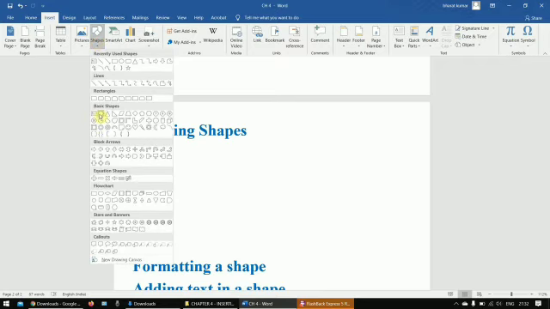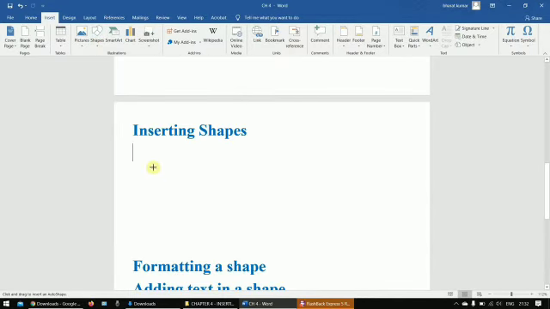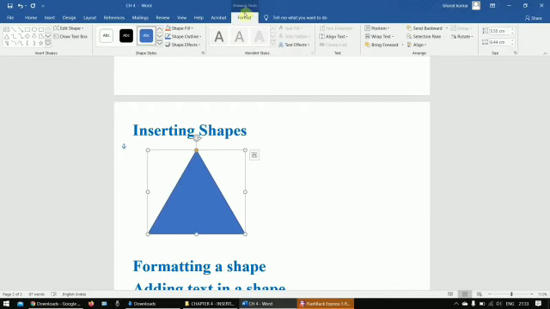So by using the format tab, you can change the design of your shape. Then you can choose the color, size and so many things are available there. See, now we can increase or decrease the size of your shape very easily by dragging inward or outward with your mouse. See, this is your shape.